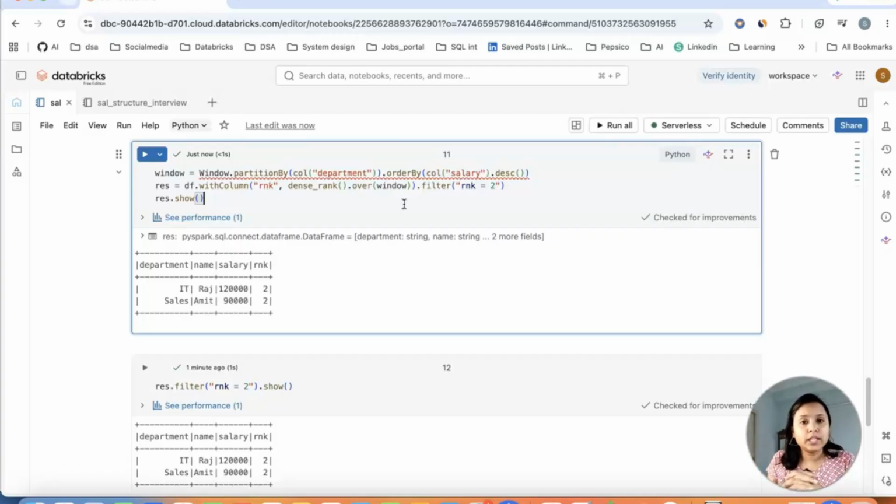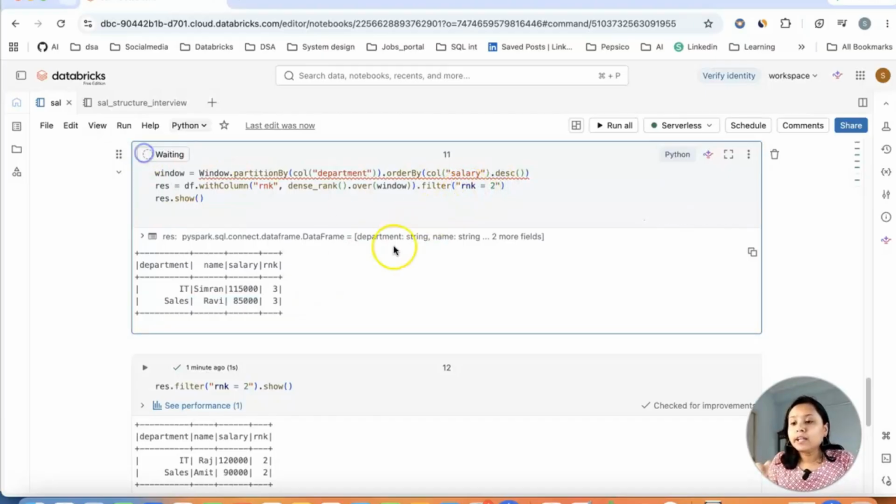Now the next question comes. How exactly you can find all the top 3 highest salary, right? All the top 3 salaries, not only the second highest salary or third highest salary. The third highest salary, if you want to do, just put filter equal to 3, and it's going to give you the third highest salary. See, it gave you the third highest salary here. But if you have to get all the top 3 highest salaries, then how you can actually do?